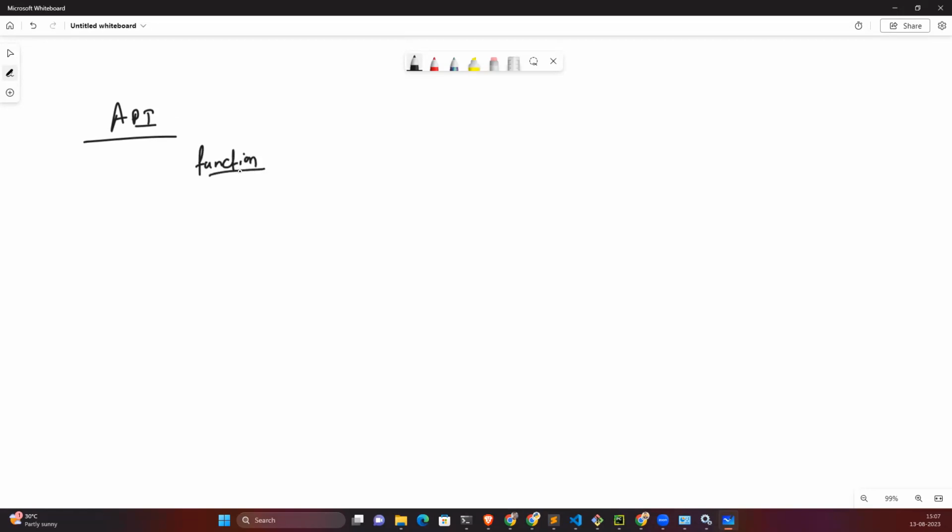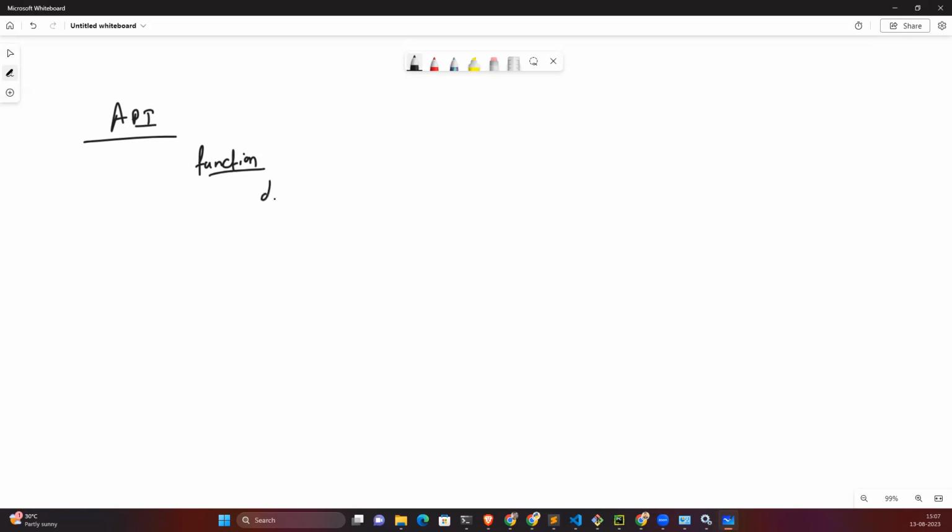A function is a set of code, any kind of code. It can be Python, or Java, C, C sharp, C++, anything. It will be a set of commands or instructions we use wherever we want. Once a function is defined, we can use it as many times as we want. There are no restrictions at all.